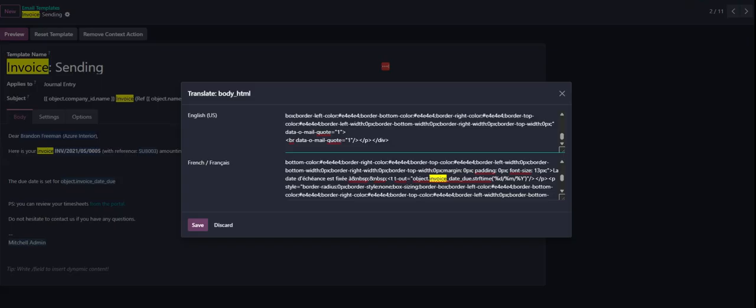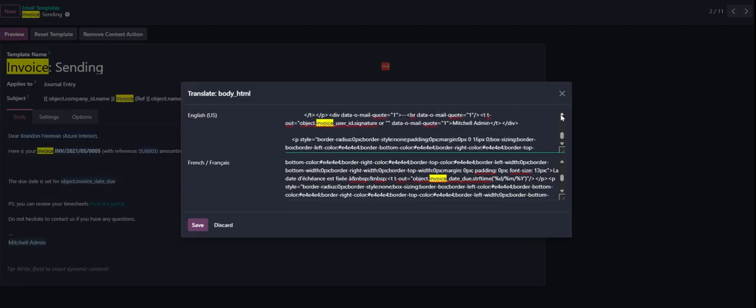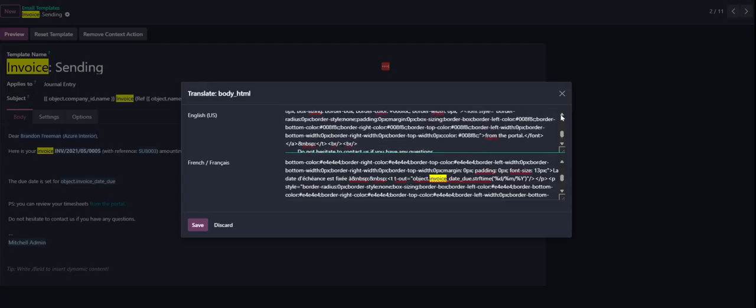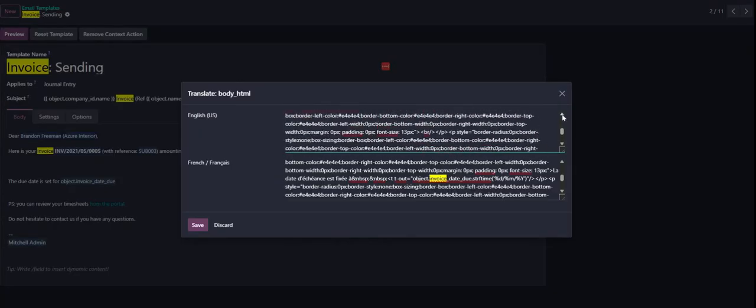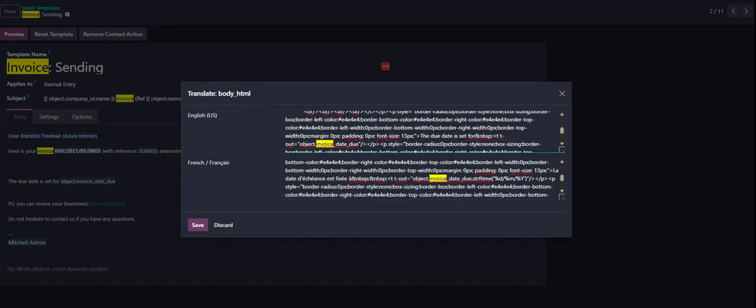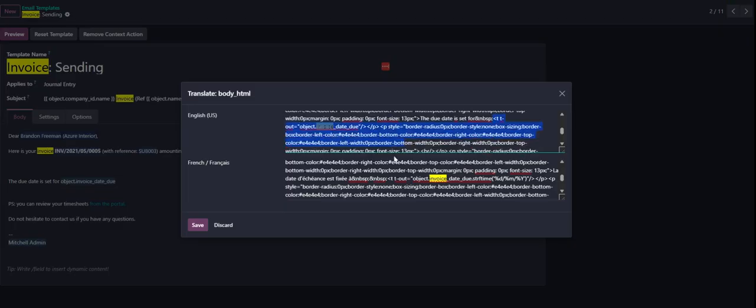Let's do the same in the English format, so that means for the customers on which the English language is set. Let's first find the placeholder that we've just added, with our placeholder field, which is object.invoice_date_due. Let's just find it here, which is here. Okay, so instead of having this line,